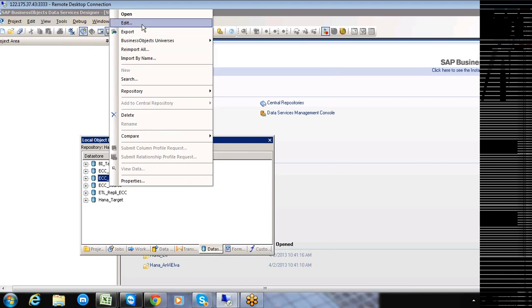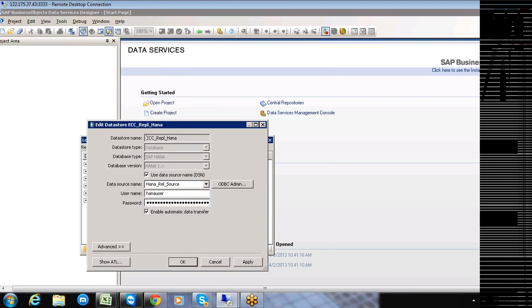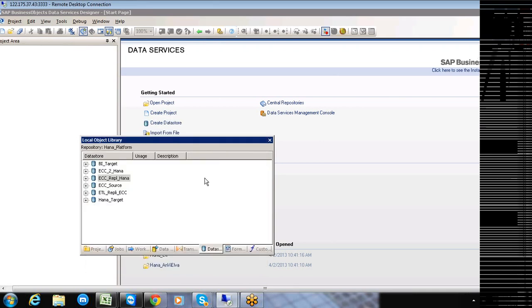Please click on this edit button, and you will be able to see what exactly the HANA source is and what the user ID and the password are. These things have also been specified here.